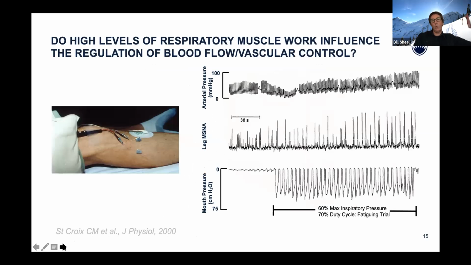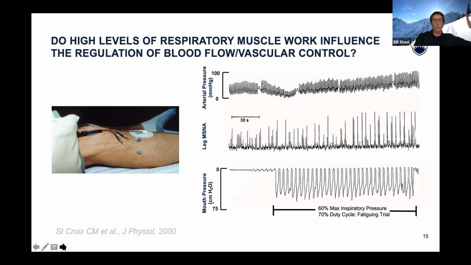Okay, so let's take one step back. If we think of what I've told you thus far under conditions of exercise, there are many different things going on with exercise, as you know. Let's remove many of those and isolate the work of breathing in the absence of exercise. Let's make it hard to breathe, to address the question: do high levels of respiratory muscle work influence the regulation of blood flow or